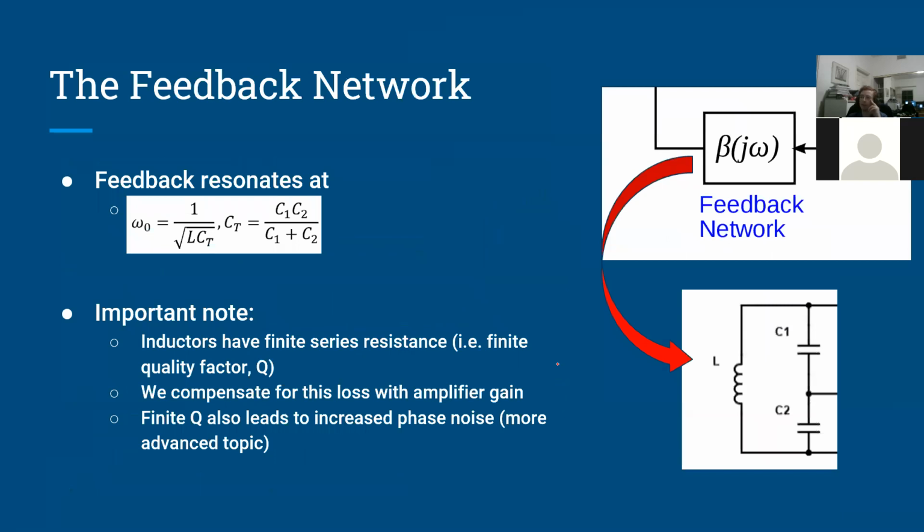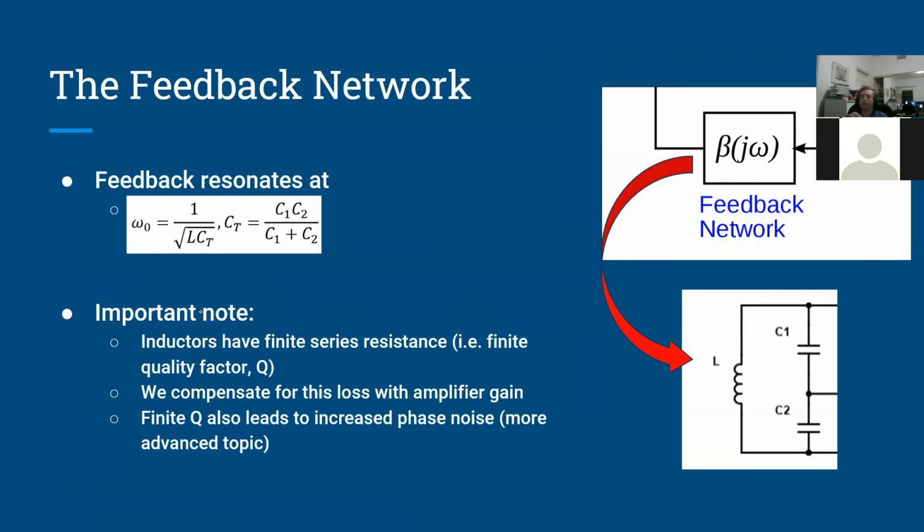All right. Then you have the feedback network, which I said resonates at 1 over square root of L CT, and CT, sorry, is the series combination of those two capacitors. If you want to find out how you get these figures, you can go through the math, and if you're interested, I can show you what math you have to do. It gets kind of messy. But anyway,